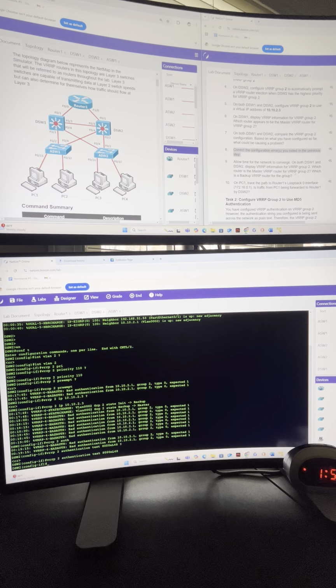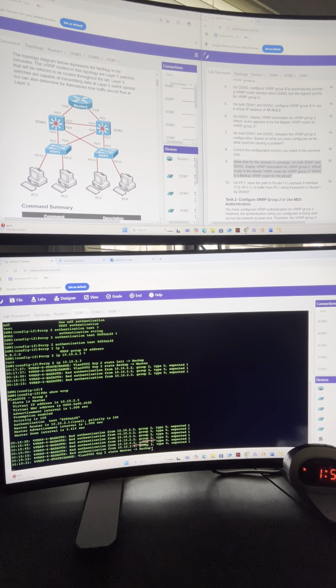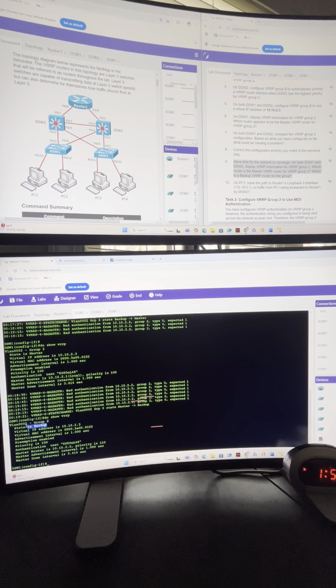So it says allow time for the network to converge. On both DSwitch1 and DSwitch2, display VRRP information for VRRP group 2. Which router is the master for VRRP group 2 and which is the backup? So let's do a do show vrrp. And as we can see, DSwitch2 is the master because it has a higher priority of 110. And if we go to DSwitch1, we can see that it has gone into the backup role. So let's do a do show vrrp. And as you can see, it is the backup for group 2 because it has a lower priority of 100,